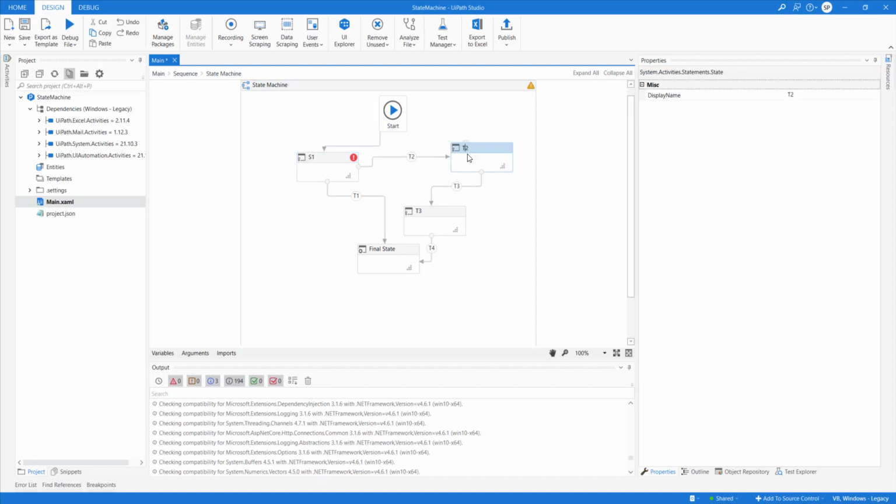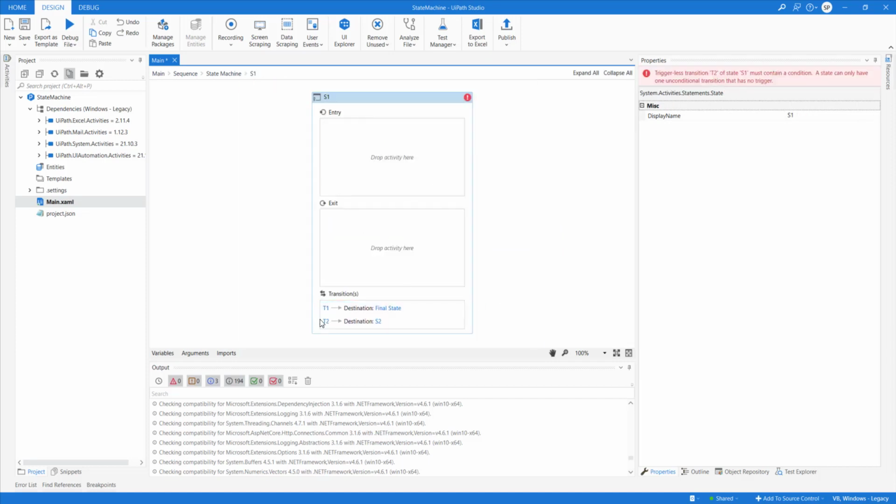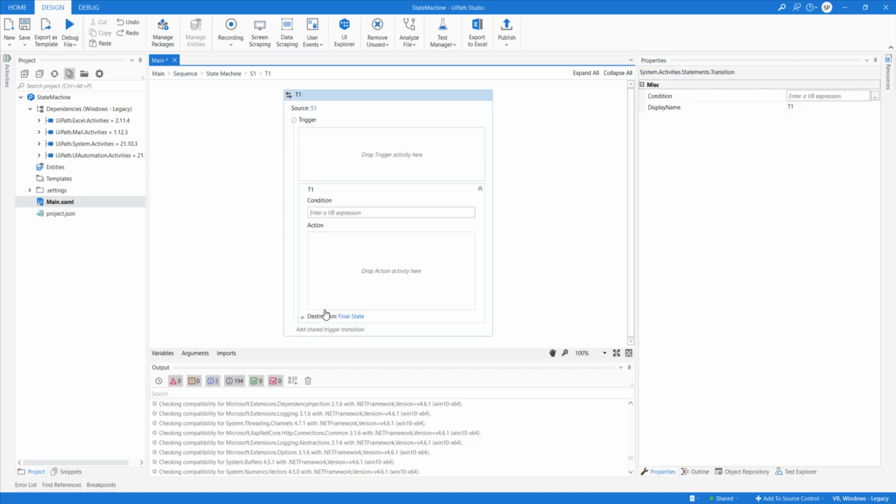Let's say S2, and then S3, and then we have a final state. So we have T1, T2, T3, T4, and we have S1, S2, S3. Now when you click on one, you can see that when T1 happens, it will go to the final state, and if T2 happens, it will go to S2. That's how transitions work. When you click on a transition, you should be able to define a condition here.